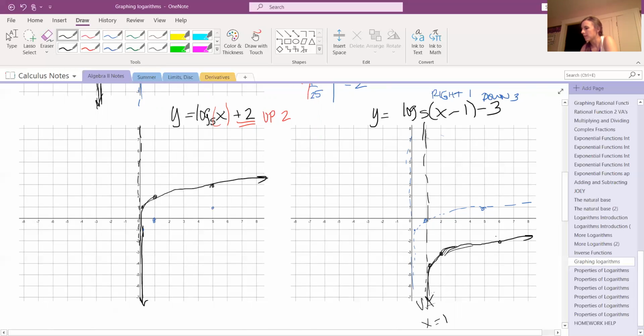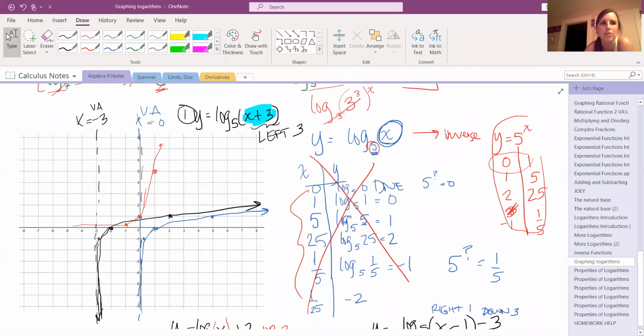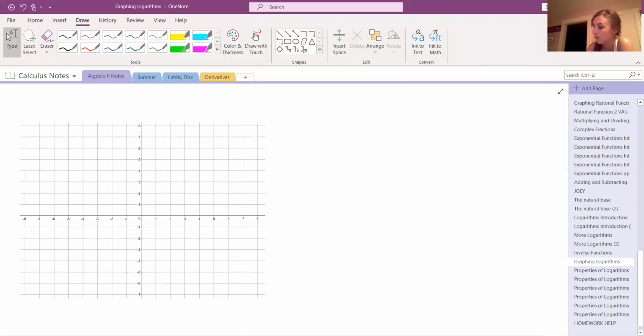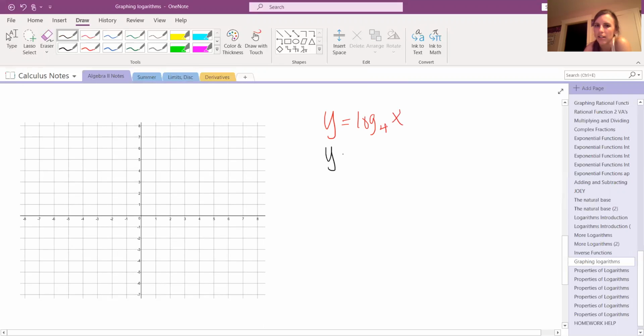Let's do one with a different base just to make sure you're going to be okay figuring out the initial points here, because you want to be able to do it ideally this way without having to graph the exponential one first. It's just more efficient, and it shows that you really can think in terms of logarithms, not relying on exponents. So I'm going to graph log base 4 of x, but then the one I'm really interested in,